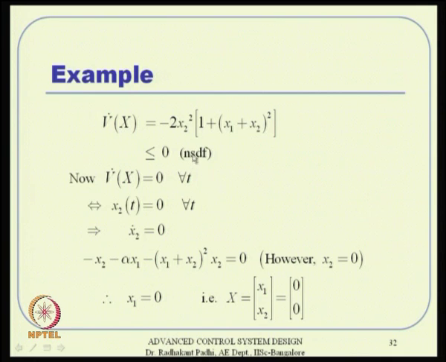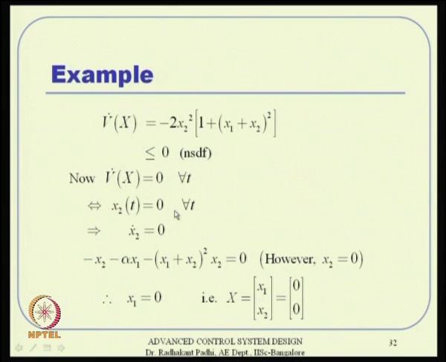Now, if it is negative semi definite, we are stuck because we can only conclude stability in the weakest notion, but we need to continue further. So, we said okay, let us analyze the situation V dot of x equal to 0 for all time. Let us see where it happens, and if it happens only at the origin or equilibrium point, we are done in a way. Okay. So, and that actually led us to the conclusion that V dot of x equal to 0 happens only